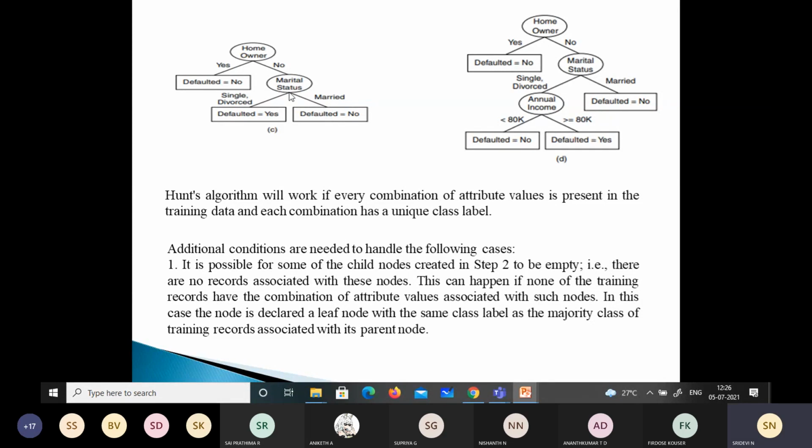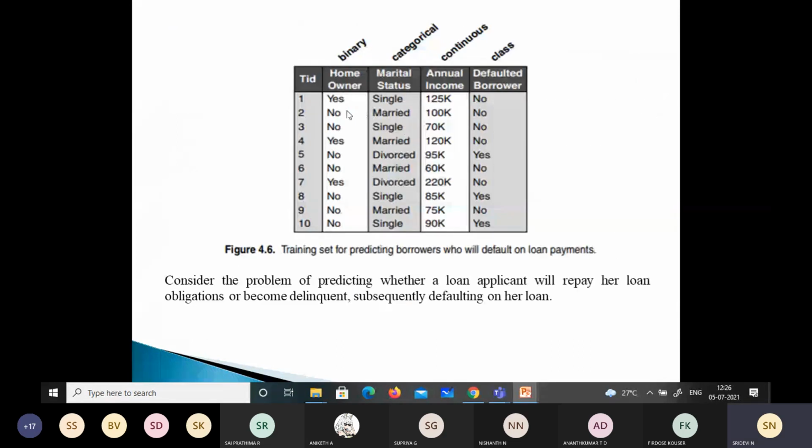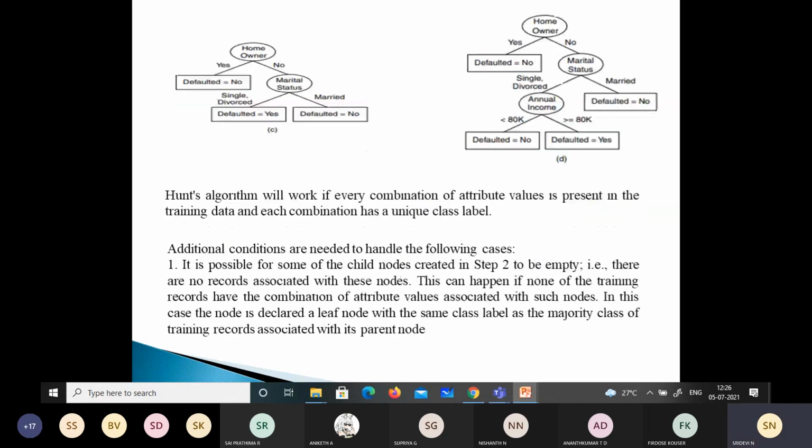When we did that, under this marital status, we found 3 records, right? They are not homeowners, they were married, and they have also paid back the loan. Again, if we check, no, married, no. No, married, no. All 3 records. Keep that under this. So 3 we have here and 4 we have here. Is that clear till here? Yes, ma'am. Yeah. Next.